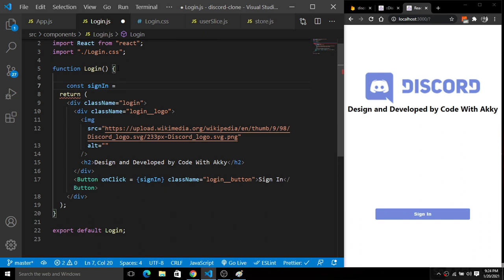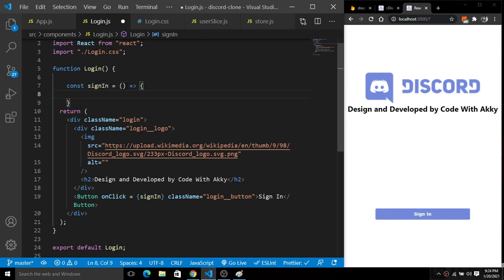I'm just going to create an arrow function or callback function with the sign in here. So we have this sign in function on button on click. Make an arrow function just like this. Inside of this login we have this sign in. It will take event as an object here. Now in sign in we are going to use the auth. So basically simply import the auth from the Firebase, and auth dot sign in with pop-up.